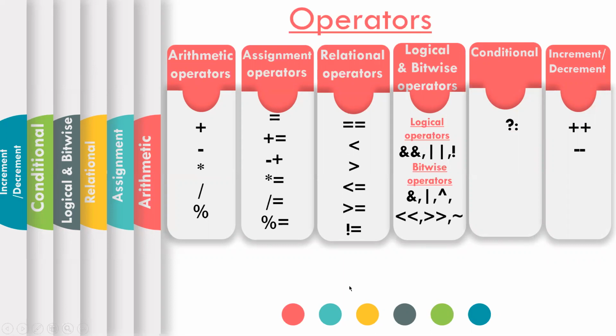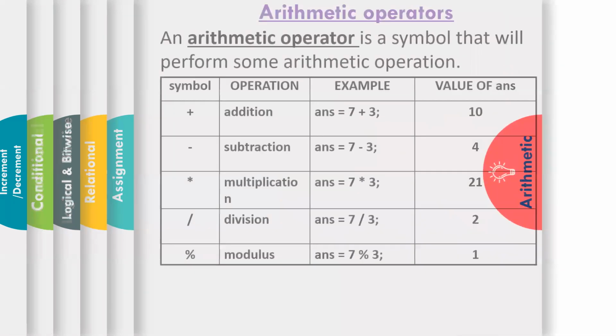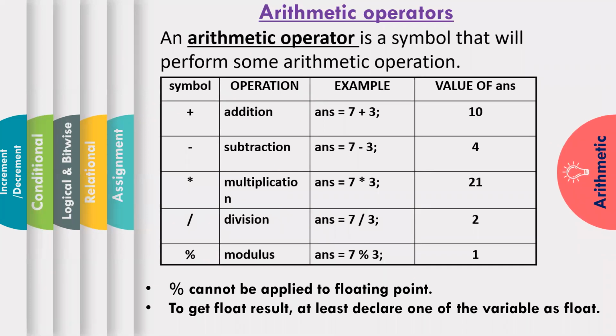Now we will see them one by one. First we see the different arithmetic operators, and later we move on to assignment operators, later relational. Like this we will see both the theoretical content, and afterwards I will also show you the execution, how these operators work in a C program. First, coming to arithmetic operators.